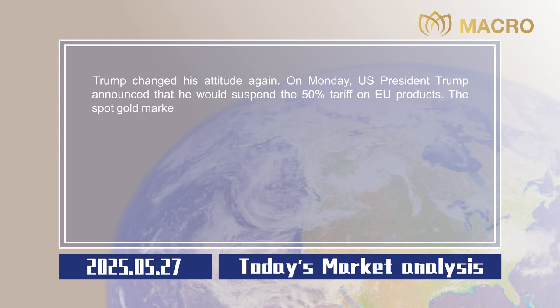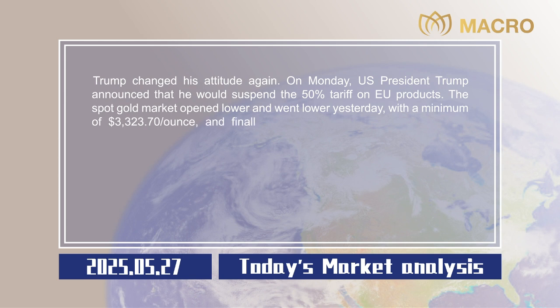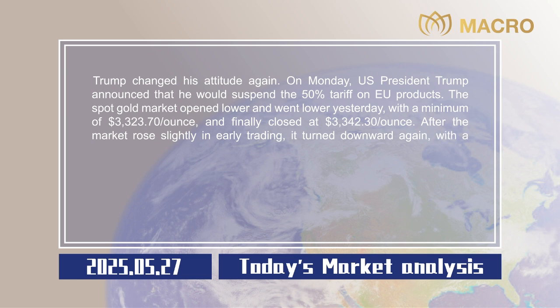The spot gold market opened lower and went lower yesterday, with a minimum of $3,323.70 per ounce, and finally closed at $3,342.30 per ounce. After the market rose slightly in early trading, it turned downward again, with a minimum of $3,327.24 per ounce in the day. Currently, it is trading around